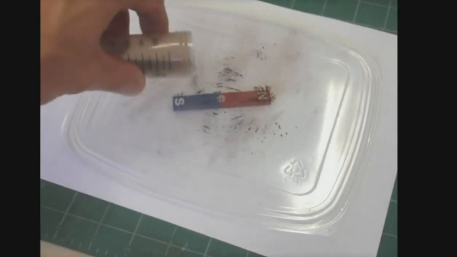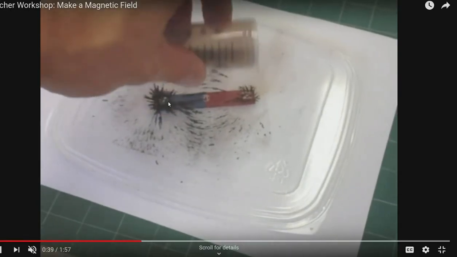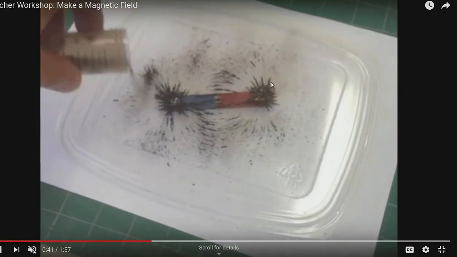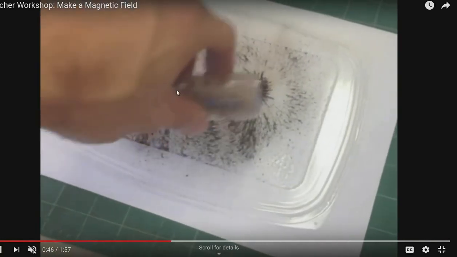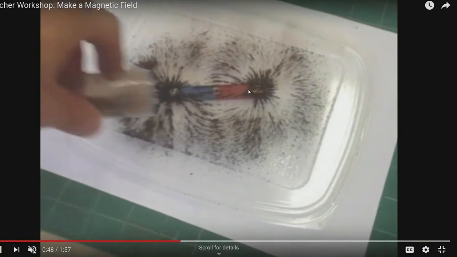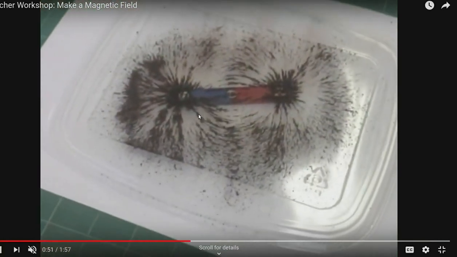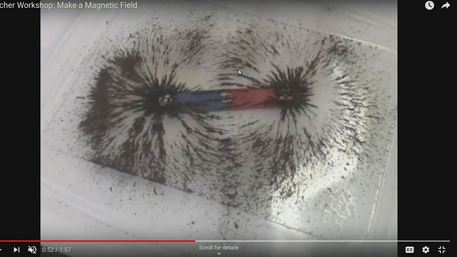He's just putting the dust, and immediately a pattern similar to that picture that you saw is forming. Can you see that? These lines which are forming, and these crowded areas, can you see that? So what is happening here? Now let's go back to the presentation to see it in a little more detail. But please remember this video.